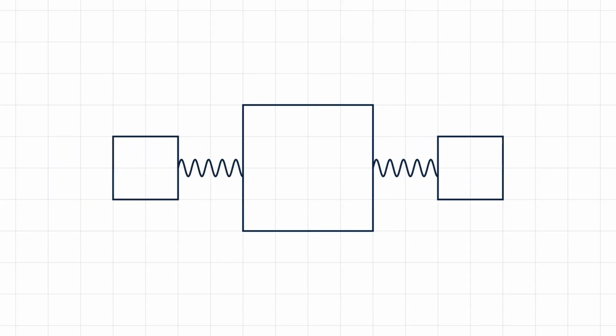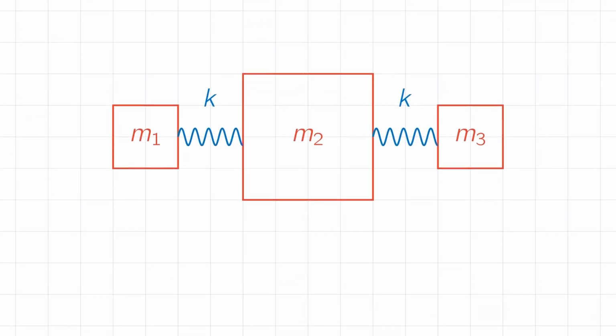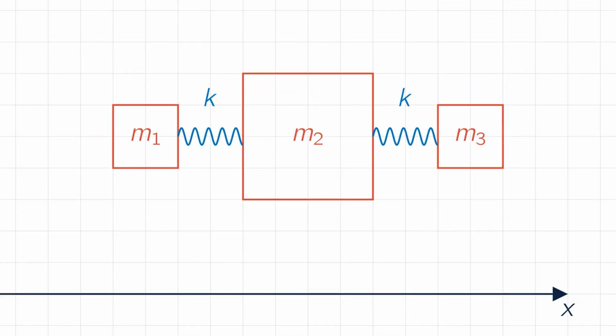This is not a problem for our model, since we are only interested in the vibration frequencies and not in the actual movement. The masses m1 and m3 represent the wings and m2 is the body of the airplane. Since both wings are equal, all the springs have the same stiffness k. The x-coordinates denote the displacement of the three parts with respect to their equilibrium position.